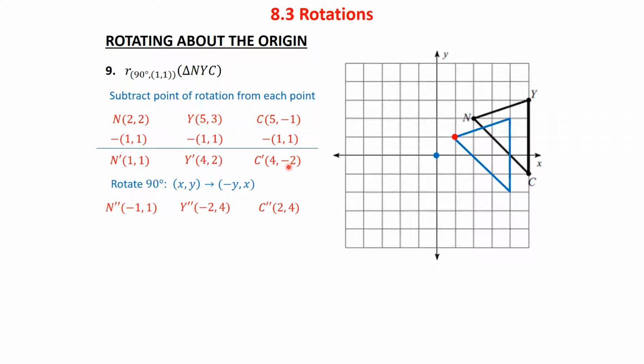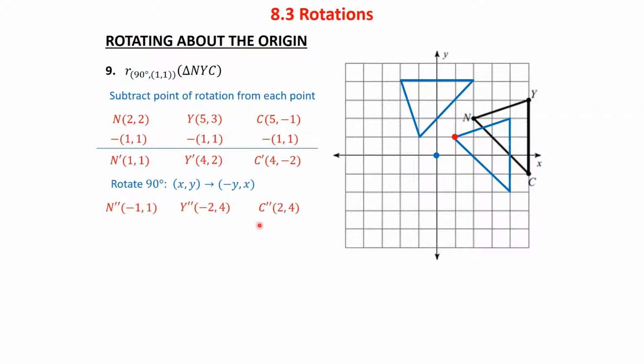And so what happens is when we switch positions, the 2 moves up front, but again, we need to multiply by a negative. And don't forget, a negative times a negative will return a positive, so giving us that opposite sign. Okay, so now I have my new points. Here I've labeled them n double prime, y double prime, c double prime, and that is now rotated that 90